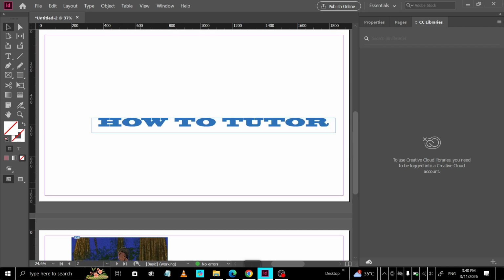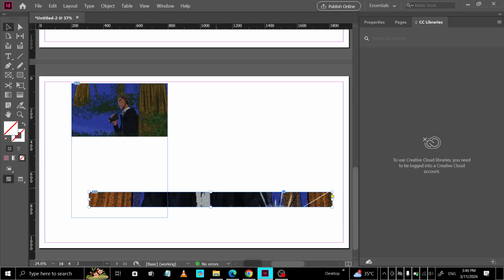By selecting the frame, using File, Place, or the Ctrl+D or Command+D shortcut, choosing your new file, and clicking